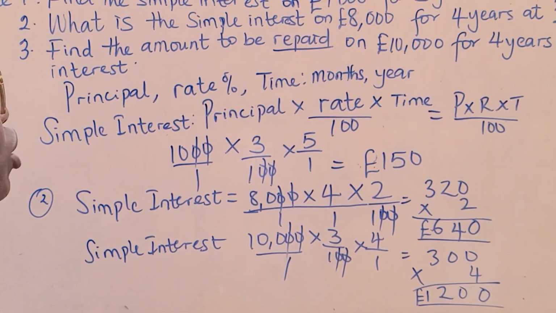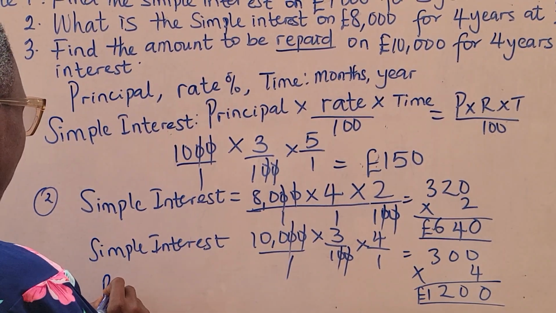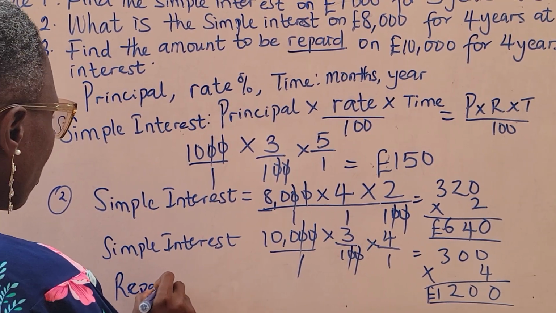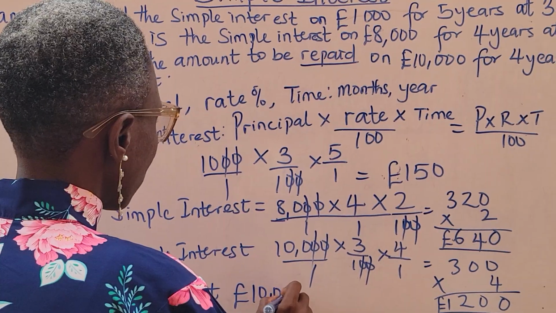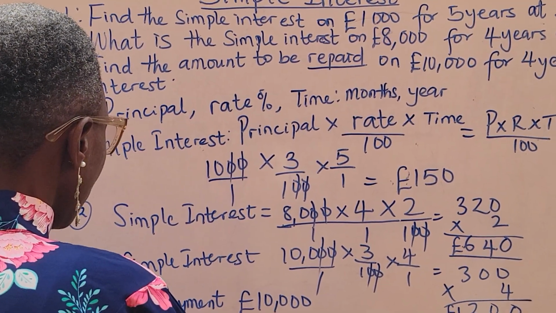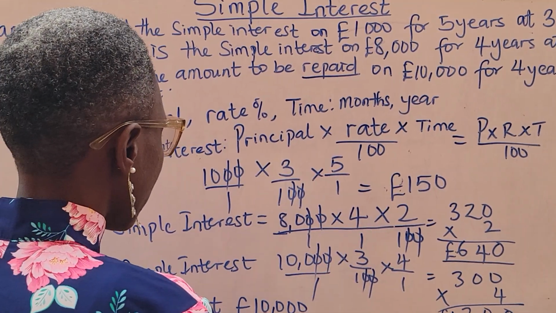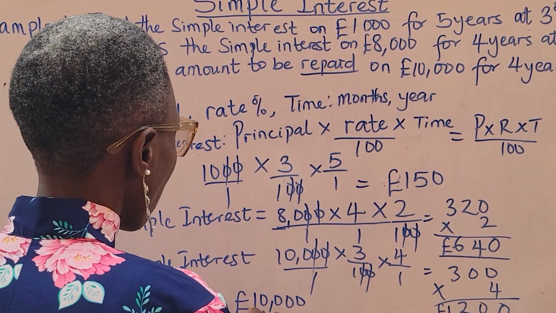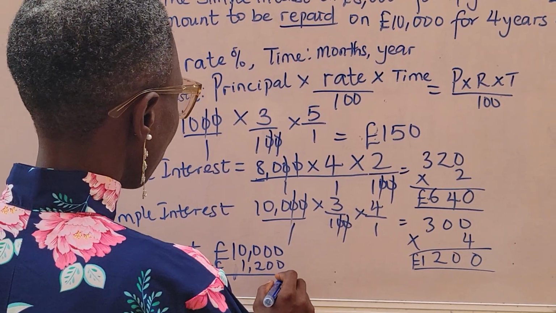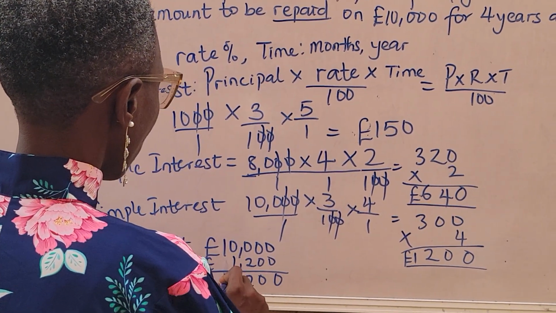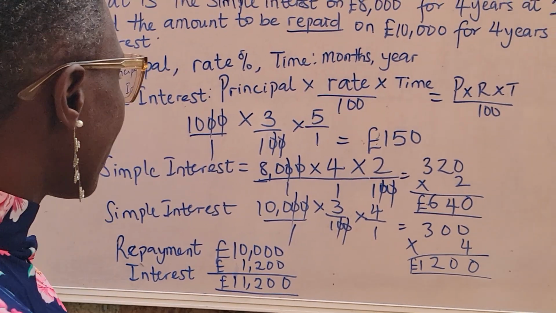It means I'm going to be repaying my principal, which is the repayment, will now be the principal, 10,000 pounds, plus the interest. The interest at the end of the 4 years is 1,200 pounds. So I can add up. So it means when I return to the bank, I'll be paying back